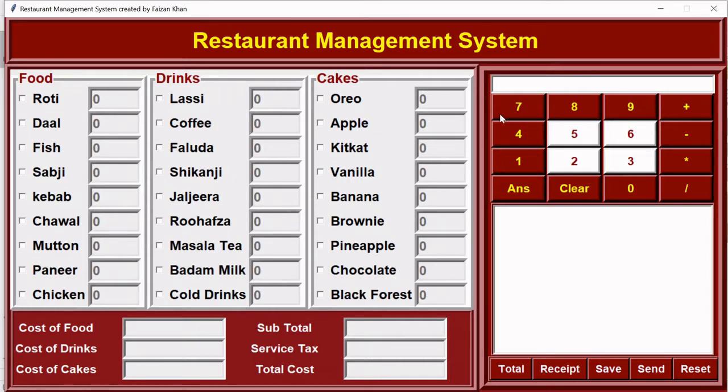So what I want when I click this 7, I want this 7 to appear here. And when I click plus, it should be added just next to 7. And when I click 9, it should be added just next to plus. So we will be getting 7 plus 9 on this entry field. And when I click on this answer button, I should be getting 16 here after adding 9 plus 7, right? So let's see the logic.